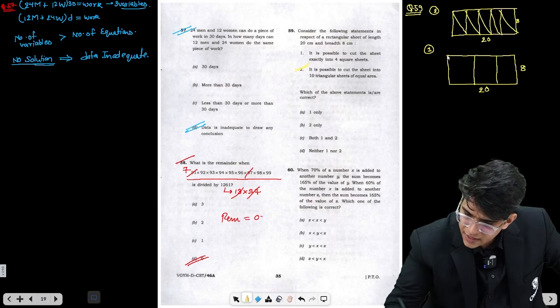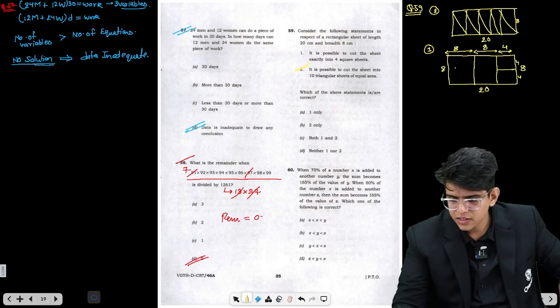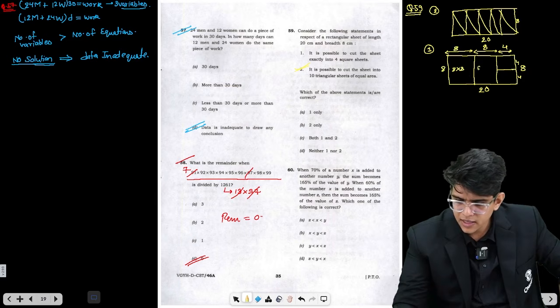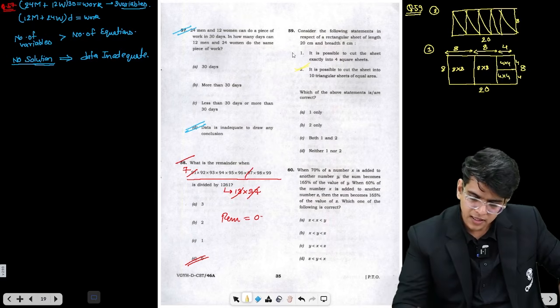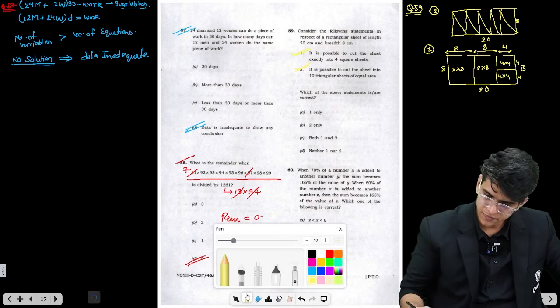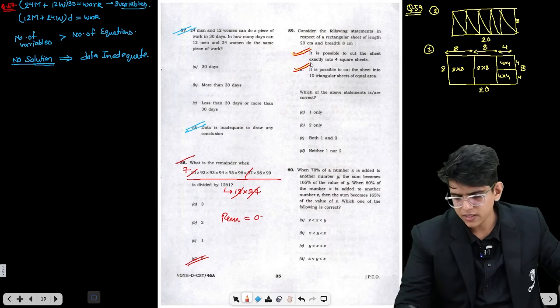this is 20, right? Suppose this is 4 and 4. This is 8. This total is, and this is 8. So this is an 8 into 8 square. This is 8 into 8 square. This is 4 into 4 square. This is 4 into 4 square. There are 4 squares. Hence this question is very good, because they have not asked you to make the squares